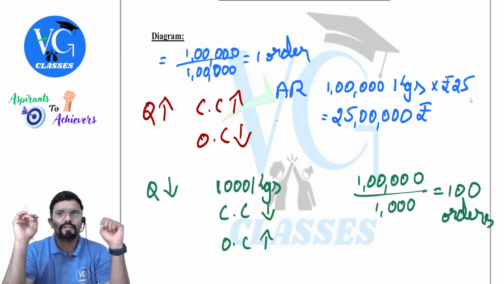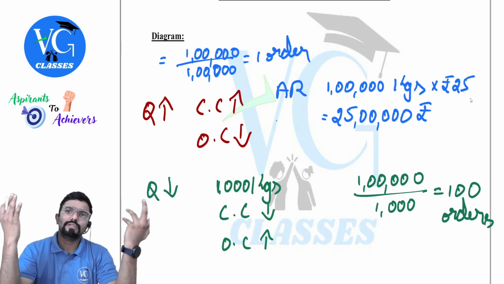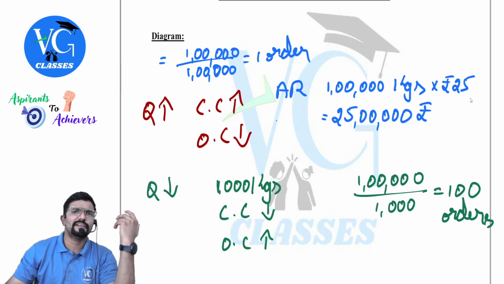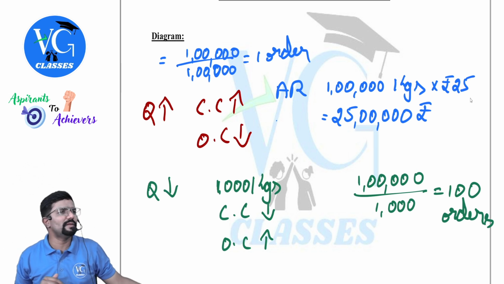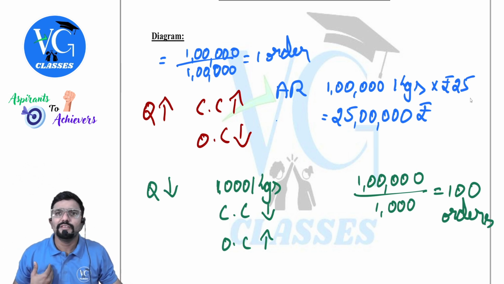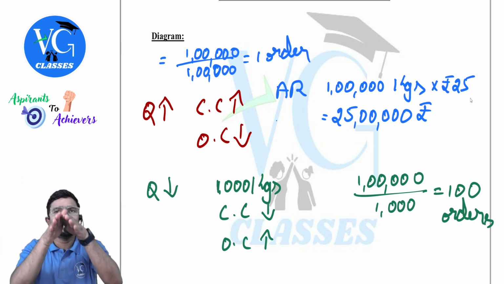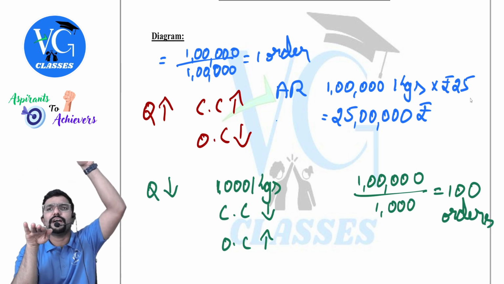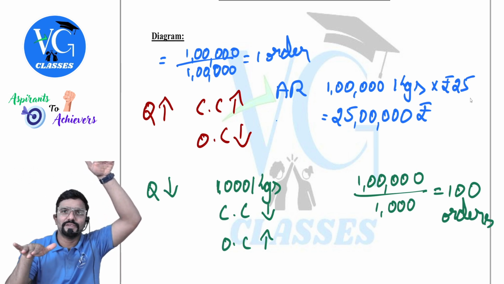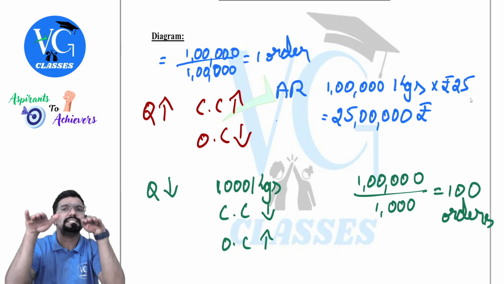Got the concept? Yes. Now, sir, you told both have their own advantage and disadvantage. One time carrying cost will be more, another time ordering cost will be more. Both are costs to me. Yes. Now I have to strike a balance between both. Clear? I cannot keep too high a quantity, and I cannot keep too low a quantity. Now please bring them to a balance, sir.